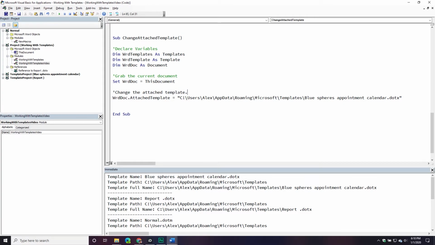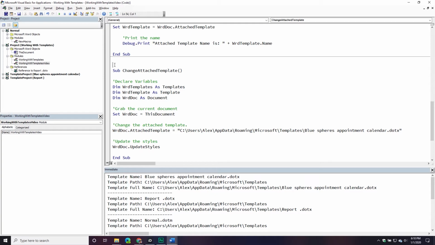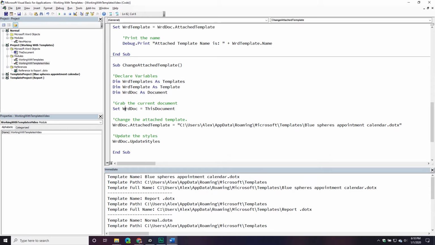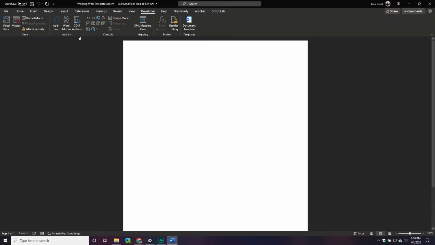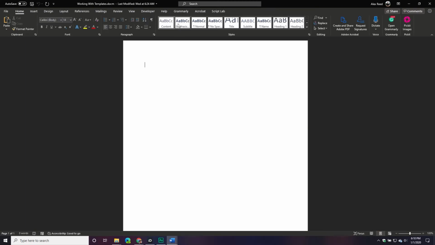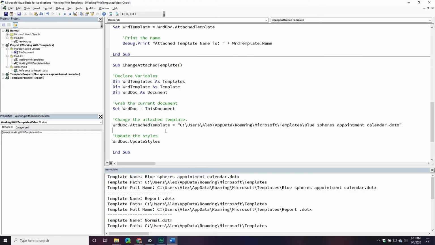Just because it changes the attached template does not mean the styles will actually be reflected with this change. And so what you actually have to do next is update the styles. Again, I kind of figured this out the hard way, but you go into your document object and there is a method called UpdateStyles. And if you call that method, it will actually change it out. So to give you a little bit of a backstory, if I run this